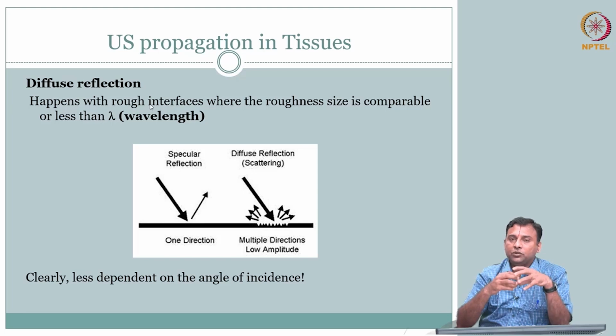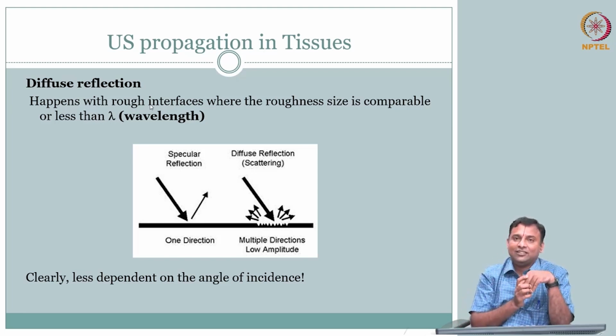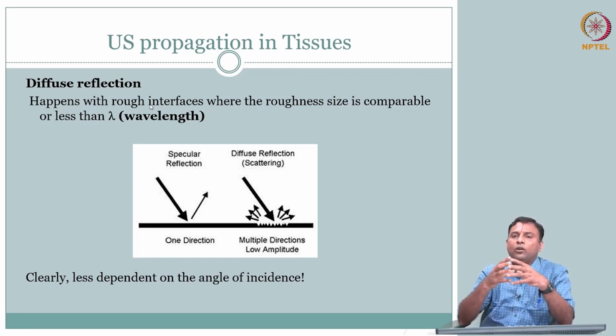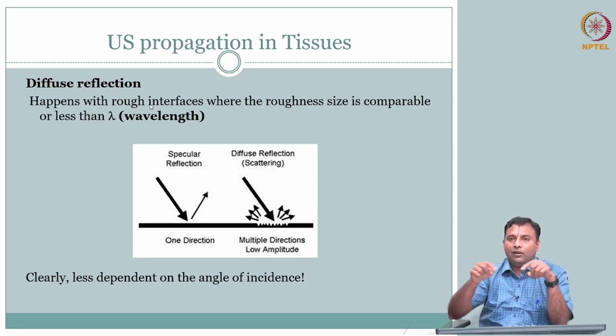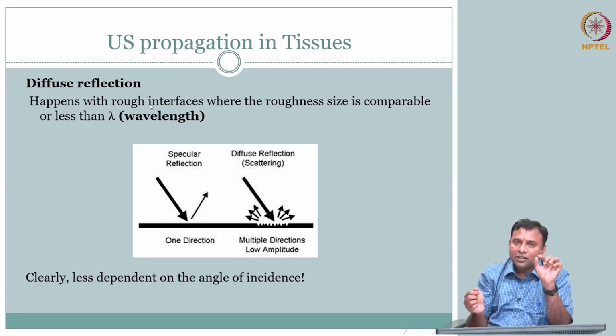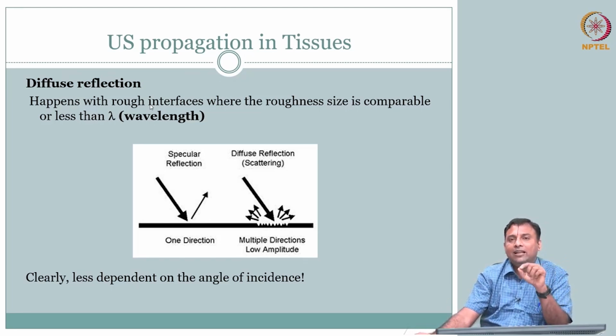So all these tissues are nothing but a collection of acoustic scatterers. There are small imperfections, interfaces. It is not like one homogeneous medium surrounded by one wall, right? Because you have cells, you have a collection of cells. So the idea is you have small interfaces, meaning small acoustic scatterers, small in relation to the lambda that we